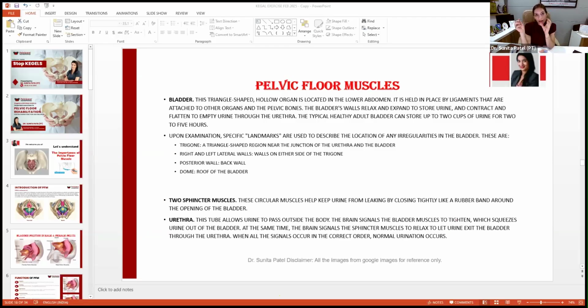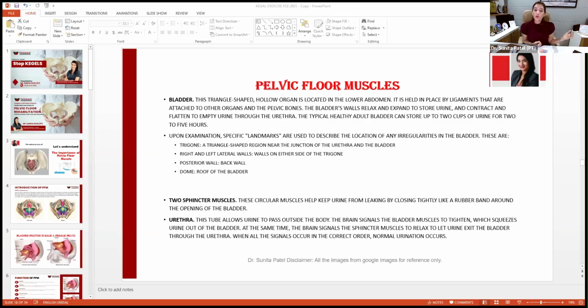Now the second question comes here: do you have urgency only, but you can maintain the urge and go to the washroom, and you don't have urine leakage going on? I have an urge, I'll just control it, I'll go to the washroom, I'll sit down on the toilet seat, and then I'm passing my urine. So my frequency of urination is very high because of this urgency. I go again and again to the toilet because suddenly the urge is coming.